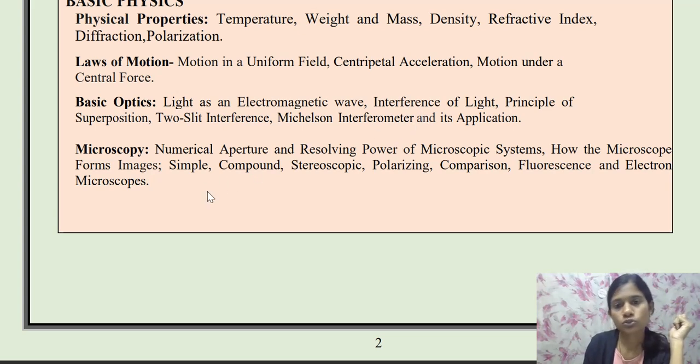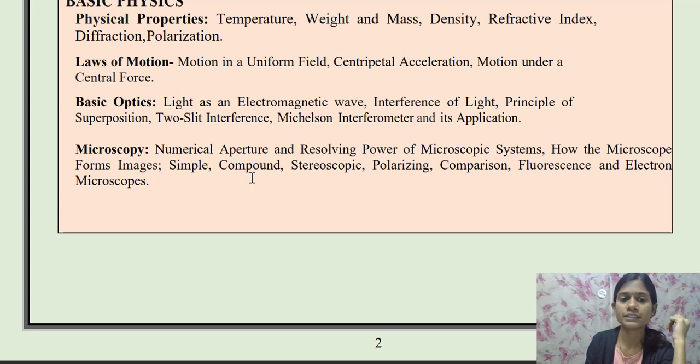Then microscopy. In microscopy, you will learn about numerical aperture and resolving power of a microscopic system, and how the microscope forms images. Then simple, compound, stereoscopic, polarizing, these are the different types of microscopes. First you have to learn the basic information related to microscopy. This is anyway a forensic topic only. Here you will learn the general information related to microscopy, but it has major application in forensic